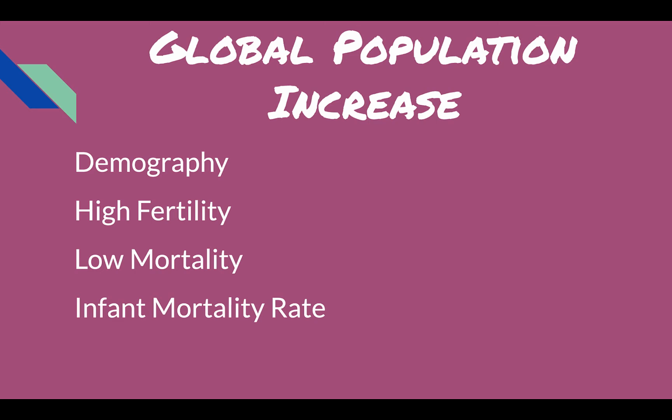There's also low mortality, or what they call the crude death rate. That's the number of deaths in a given year per every 1,000 people in the population. Again, other factors being equal, the lower the mortality rate, the faster the population increases. So it makes sense: if you have high fertility, lots of babies being born, and low mortality, lots of people living into old age, then you're going to have a lot more population increase. Because rich nations have populations that are on average much older, their death rates are higher than one might expect.